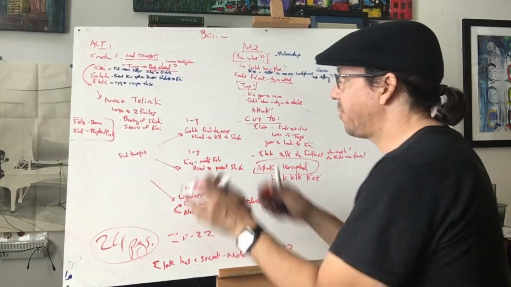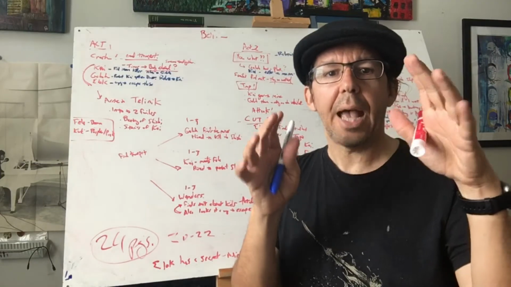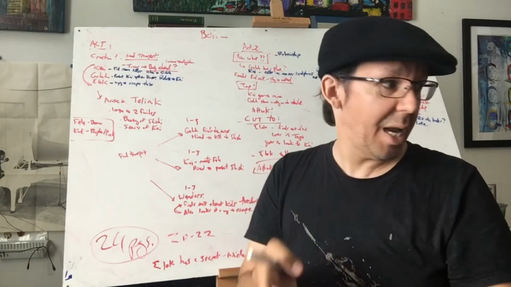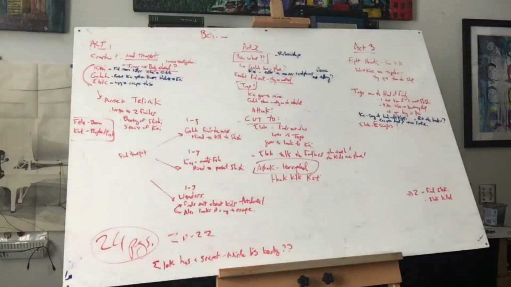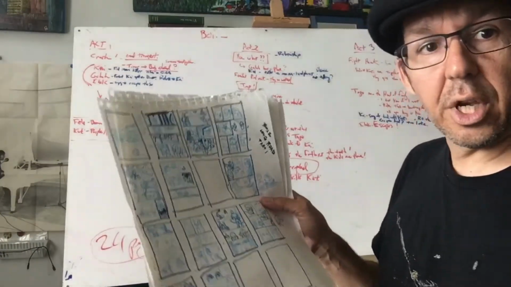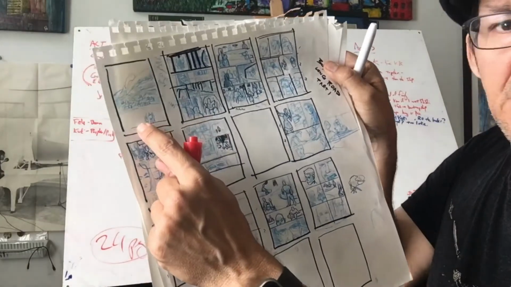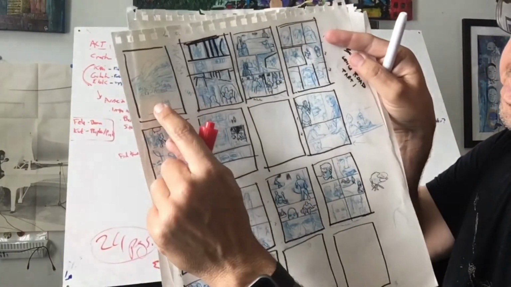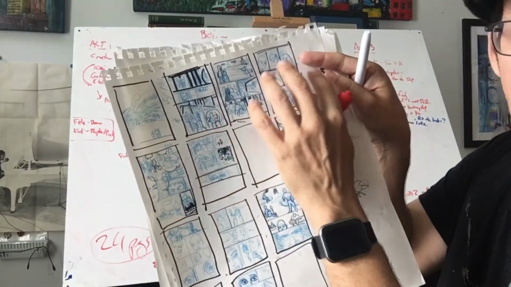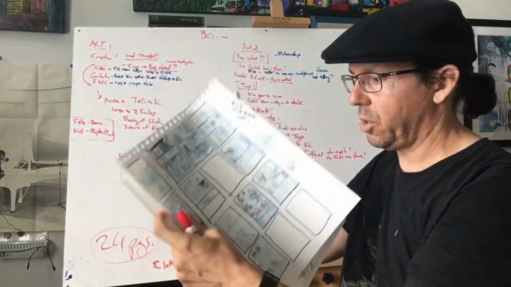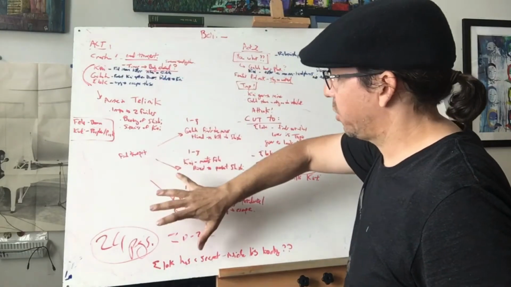You do this later. After you break this down, then you break into your scripts when you work on your beat sheet. After the beat sheet, you then break down pages, and then you break down the actual composition, which I can show you here. Then you can go into actual pages. Here's the group in front of the little town. So this is actually page composition, thumbnails for each of those, okay? So that's later on.